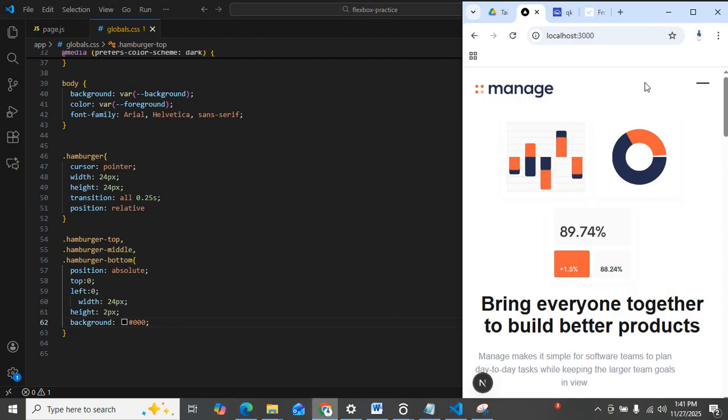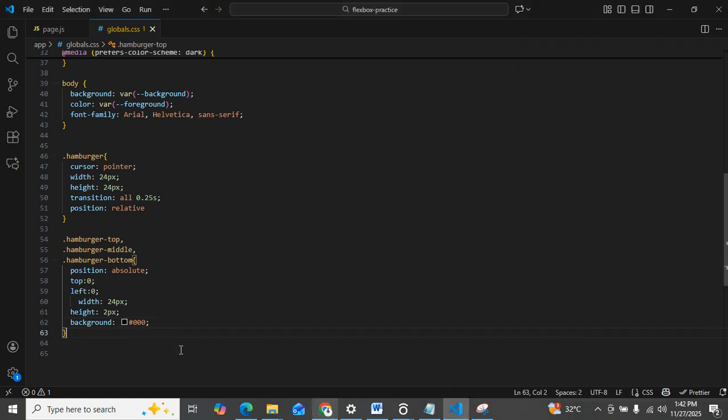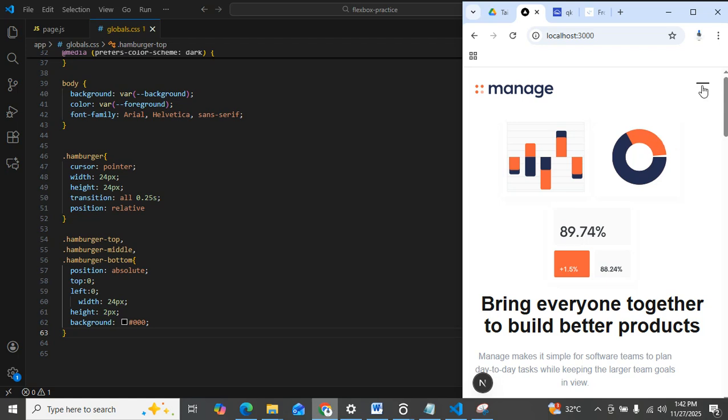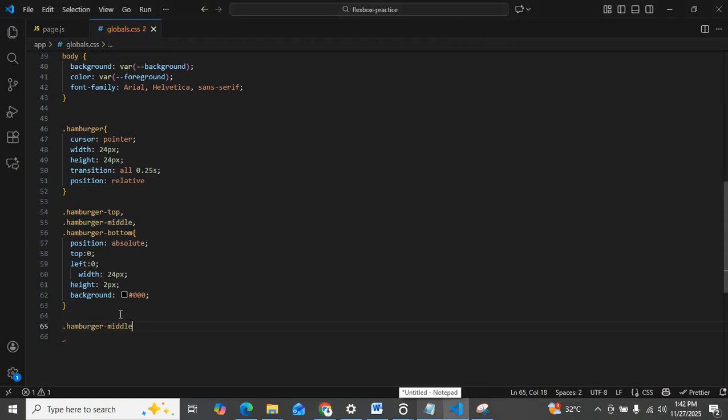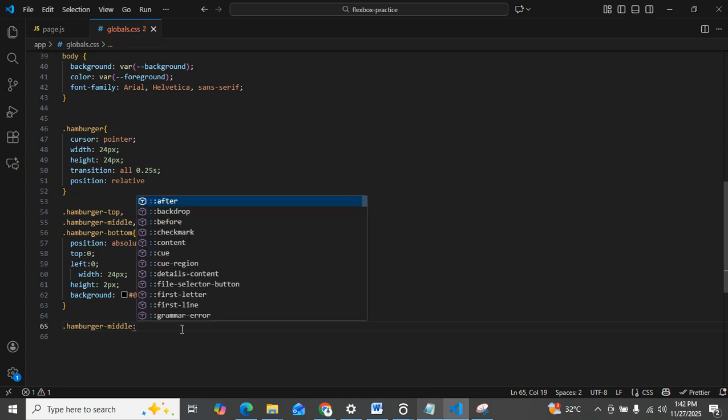So if you go over here now, you see the hamburger menu, but 3 of them are in the same place. So we'll need to shift each of them. We're gonna use CSS translate to kind of move them. Because 3 of them are in the same position, they are overwriting each other. So for the hamburger middle, what we're gonna do,